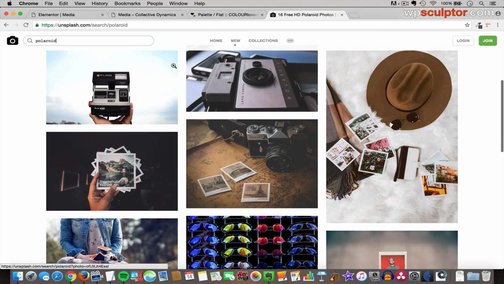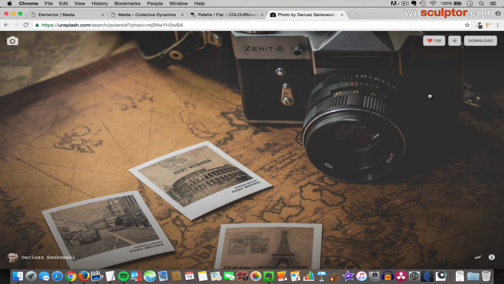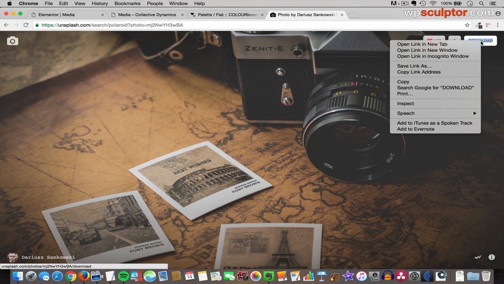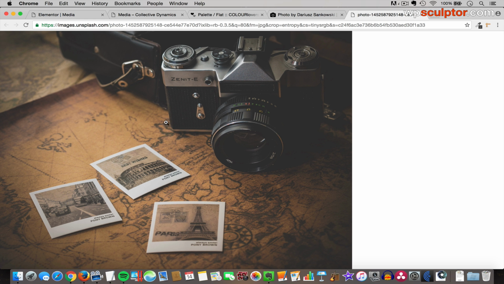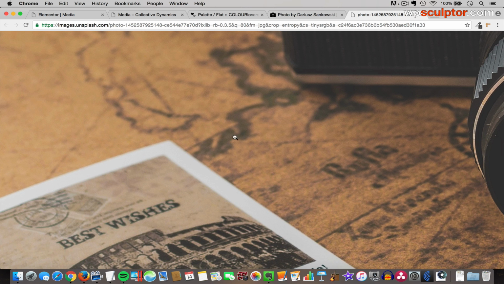And then I'll come down, and if this is the one I want, in this case it is, I'm going to click on it, and then you can download it by clicking on the download button. I'm going to control click or right click if you're using a PC and open this in a new tab. And then just to show you, when I click on this image, you can see that the full size image